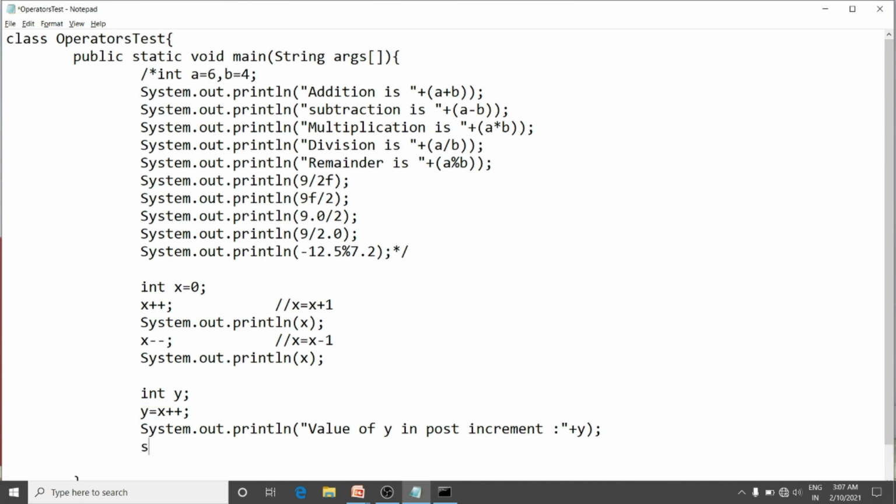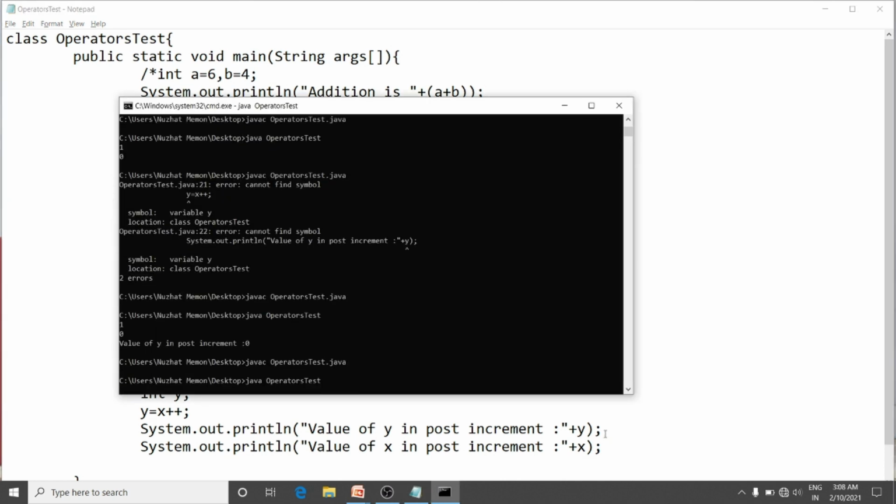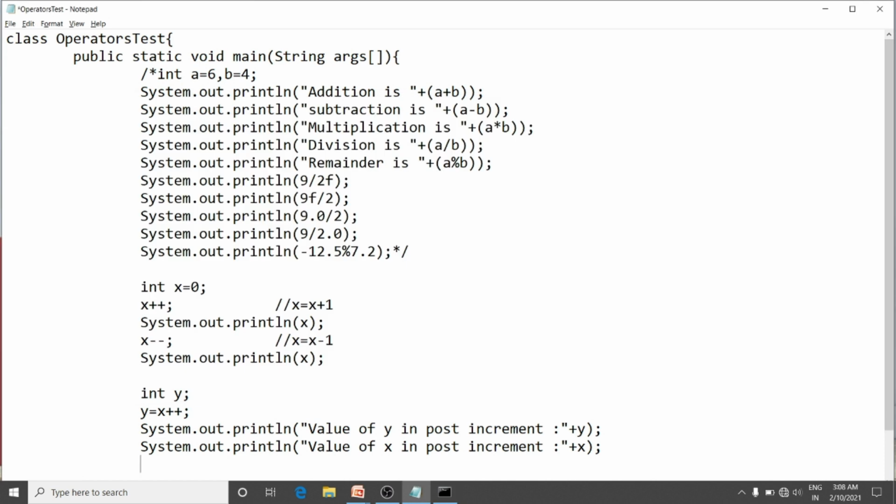Now we will check out the value of x. After evaluating the expression, as I told you earlier, the value of x gets incremented from 0 to 1. So here we will get 1. Yes. Now we will do pre-increment, plus plus x.